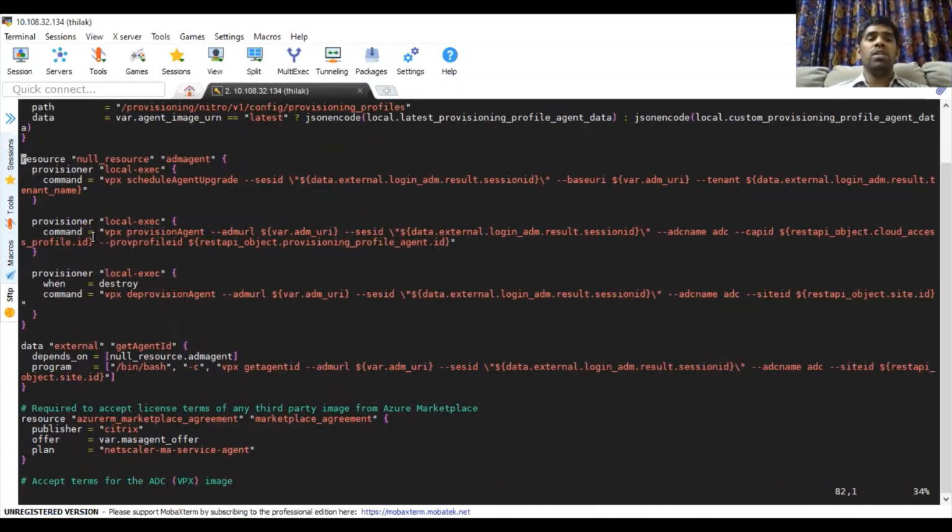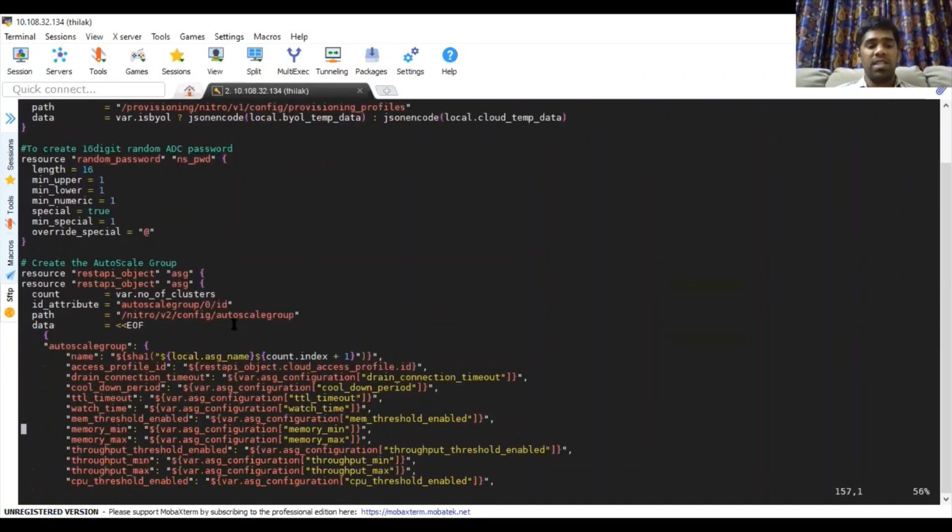So for the destroy time, we have to take our own call to the same Python library to delete the actual instances that were deployed. As you can see, when destroying, we call the same Python package to delete the agents. So this is the completion of my Terraform implementation.